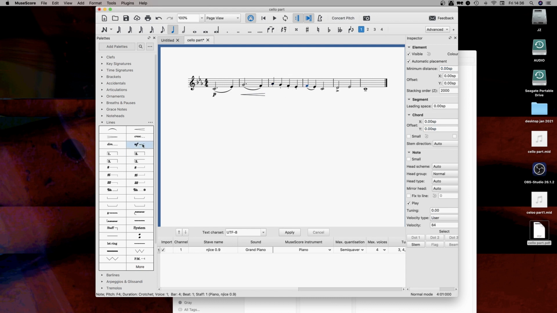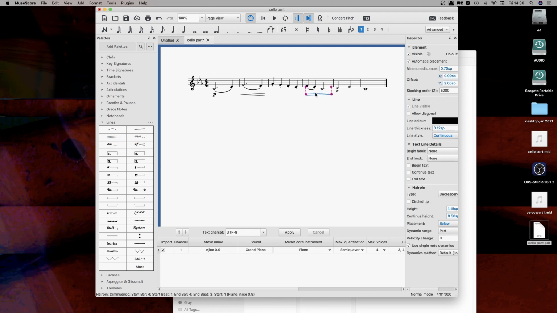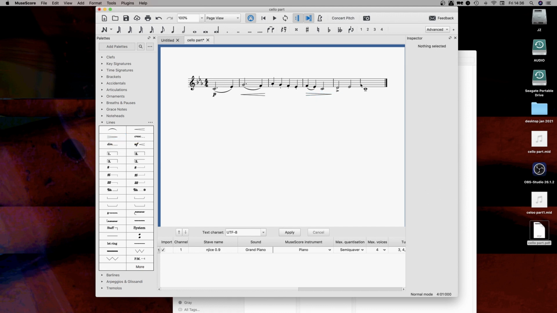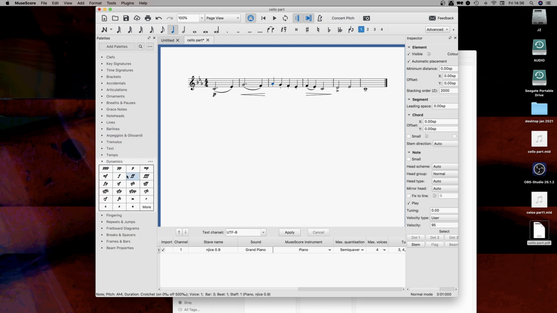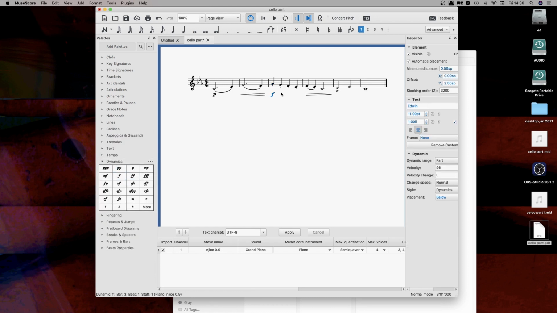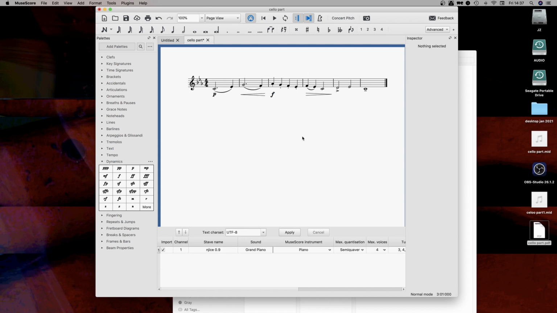Maybe you want to come back down again, so we have a diminuendo hairpin, and a little accent. If you really want a big crescendo, then you might want to put a forte here. If it's a really big gesture, then obviously we'd go to a forte on this bar and come back down probably to piano. So yeah, just a few tips on how to